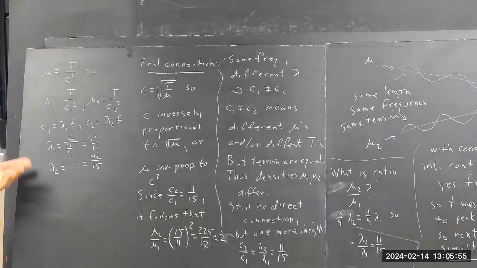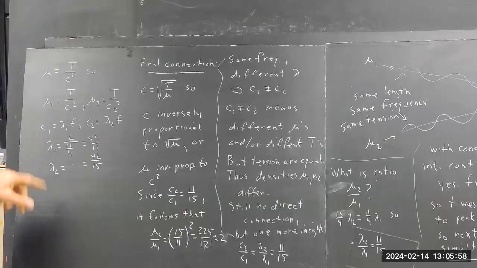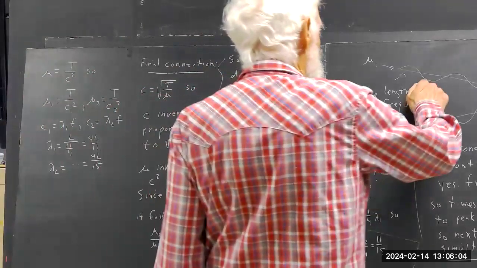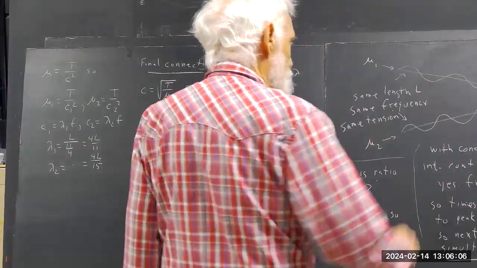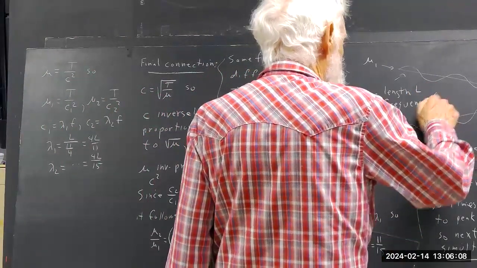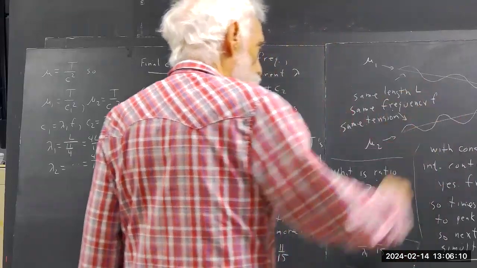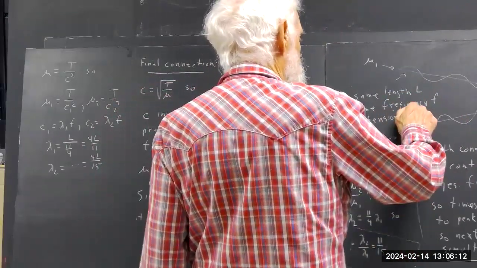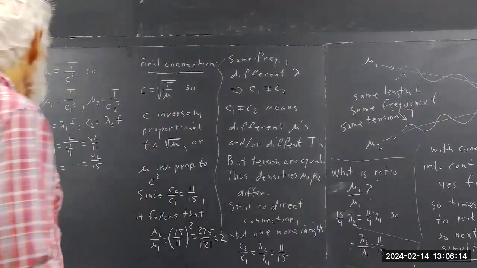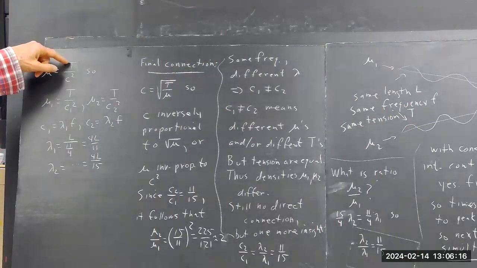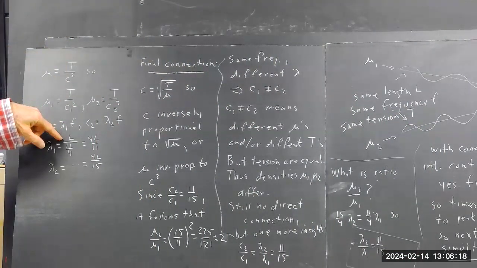Comparing to write all this out, I'm writing the expressions for lambda 1 and lambda 2, where L is the length. And we can say same length L, and we'll say same frequency F, so F and L stand for the lengths, and the same tension T. So now we can use T, L, and F